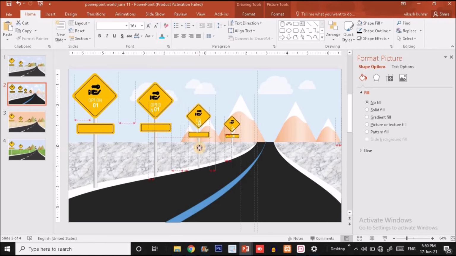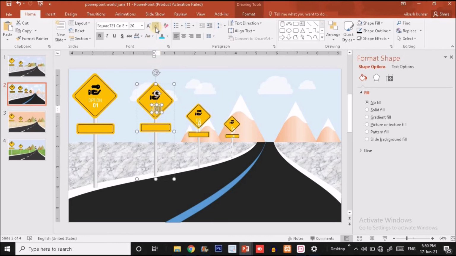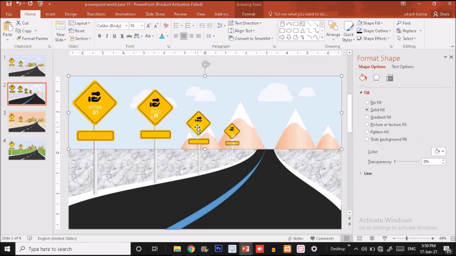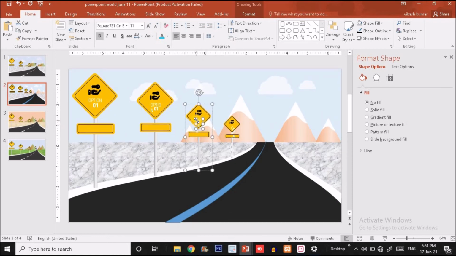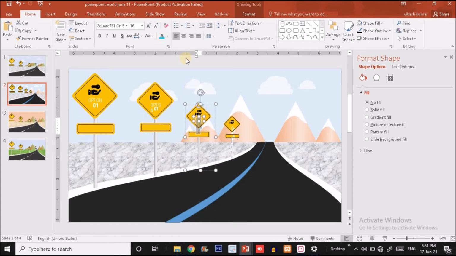Okay, guys. So the only thing you have to do, you just have to decrease the size of the text. So I'm going to decrease it like this. This is option text.